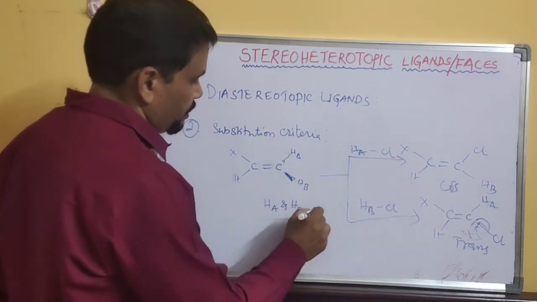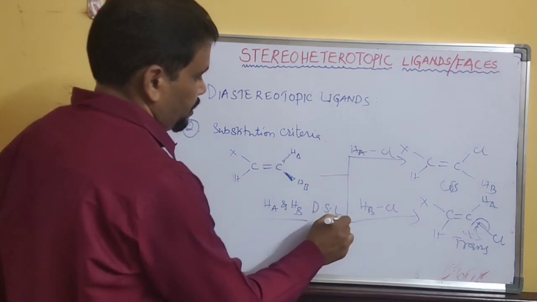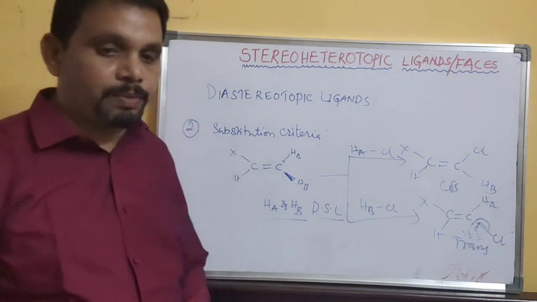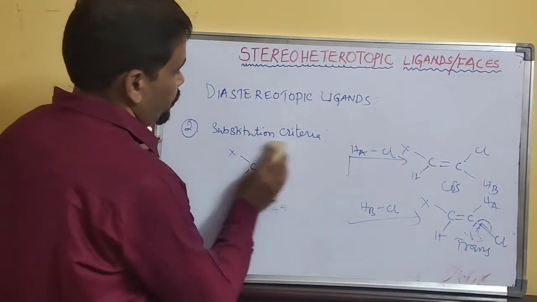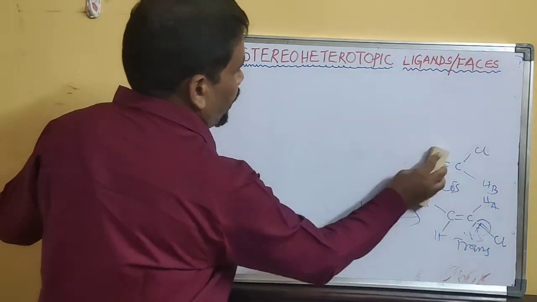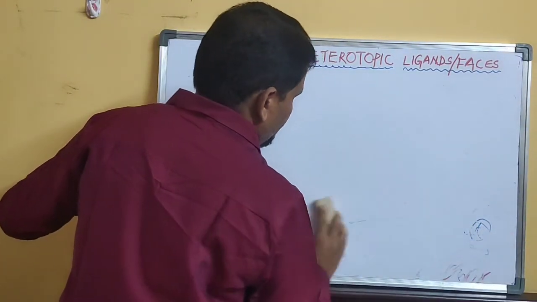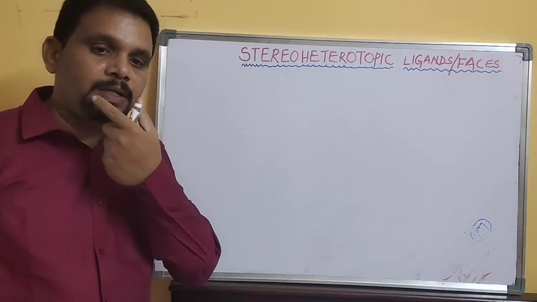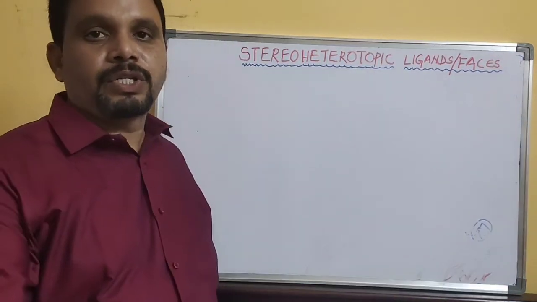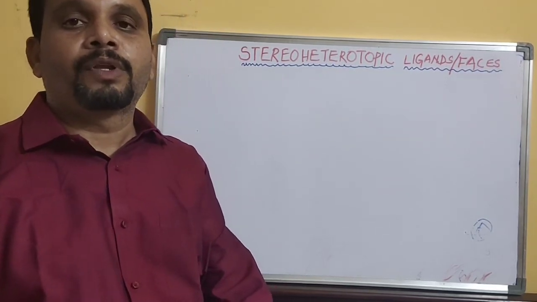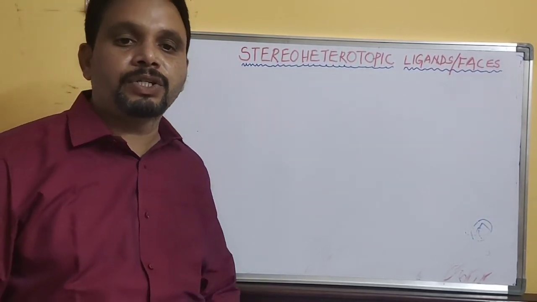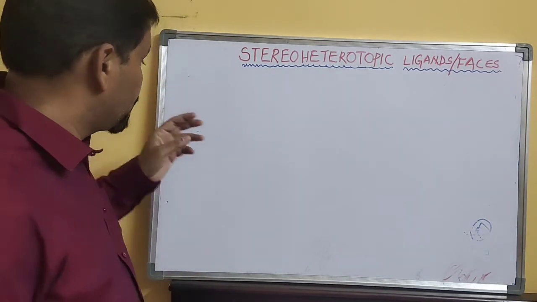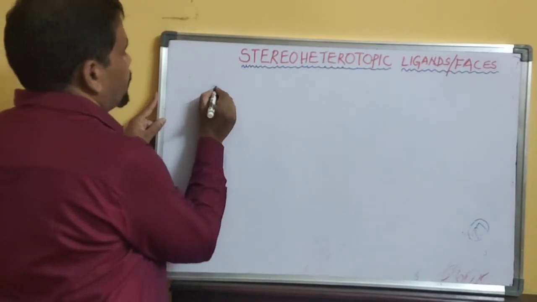Okay, so therefore HA and HB can be considered as diastereotopic ligands. This is the substitution criteria by which you can identify or distinguish whether they are diastereotopic ligands or not. You can easily understand. So finally, I'll give you diastereotopic faces. The final one is structural